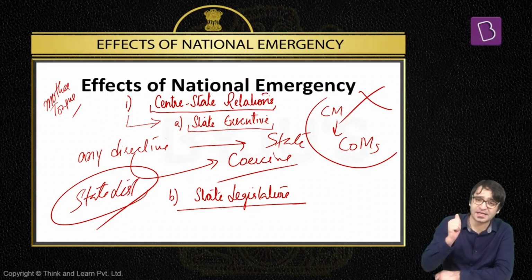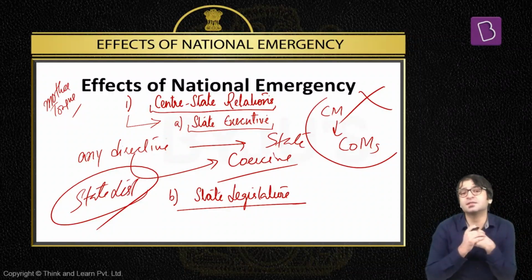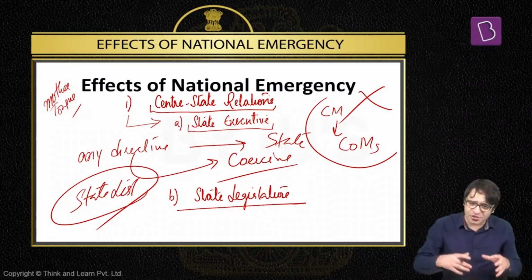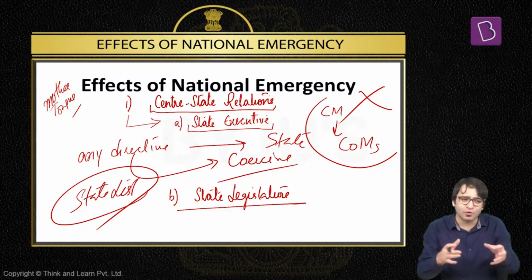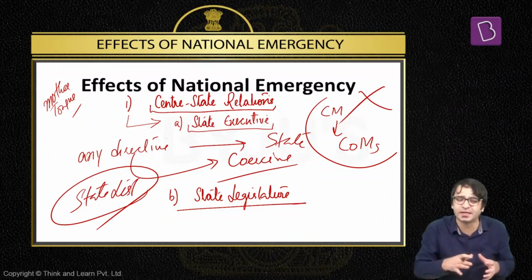If the parliament is not in session, president can promulgate an ordinance on state subject. That means ordinances can also be promulgated by the president on any matter mentioned in the state list when parliament is not in session. That means in legislative sphere also, it is the center which is dominant. That means our constitution, even without amendment, even without taking recourse to Article 368, becomes a unitary constitution.